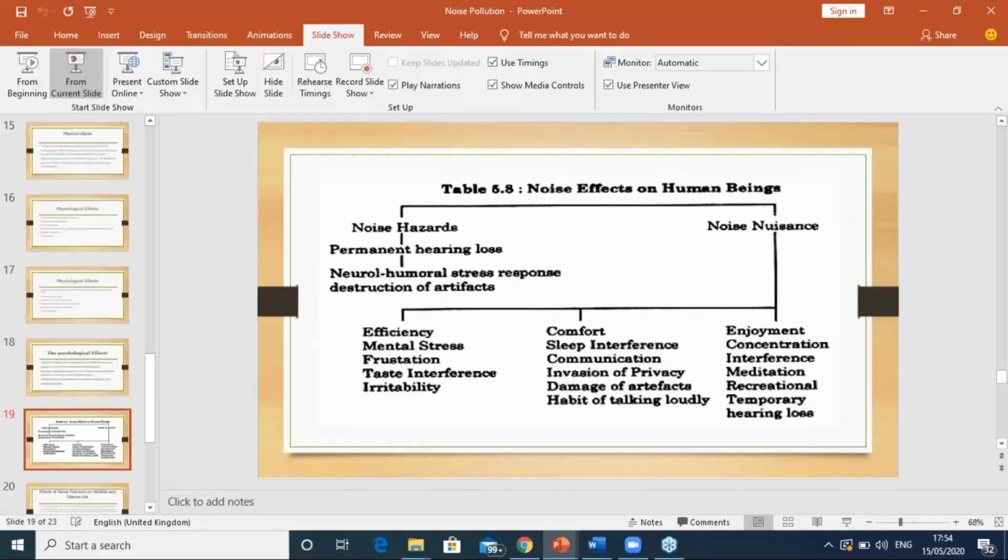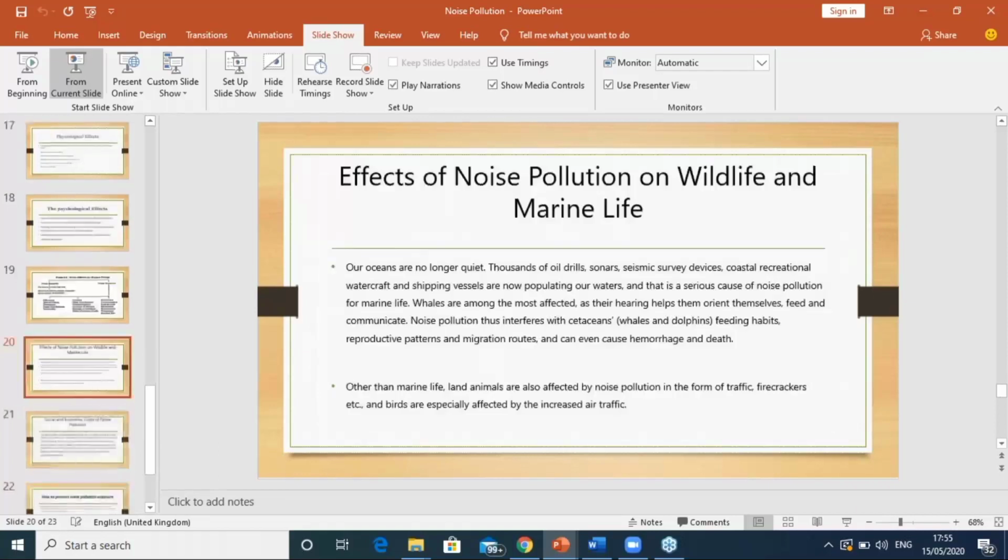Now look at the noise. We have the noise hazard and we have the non-hazard. So you have the permanent hearing loss, neurological and humoral stress response, destruction of the artifacts. Those are when it becomes too much. So that's just as we've seen in those effects. I'm trying to run because of my time. I have 5 minutes to go. So those are the effects as far as the physical, the physiological,